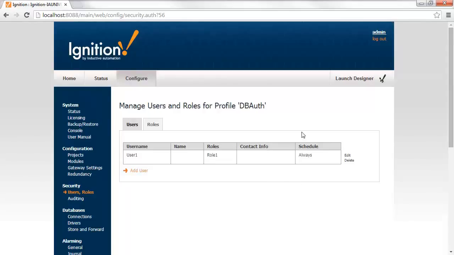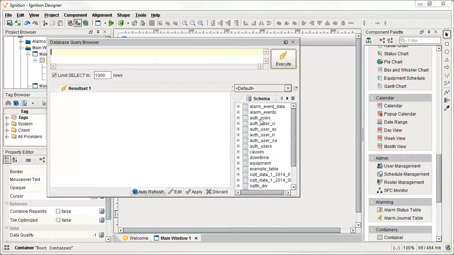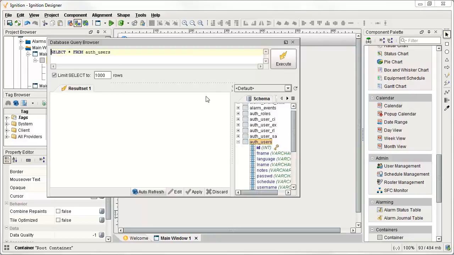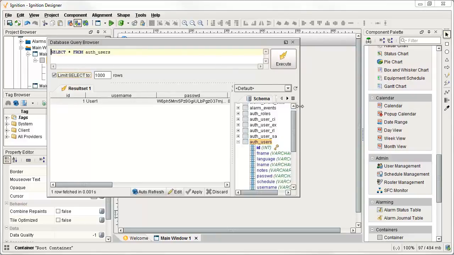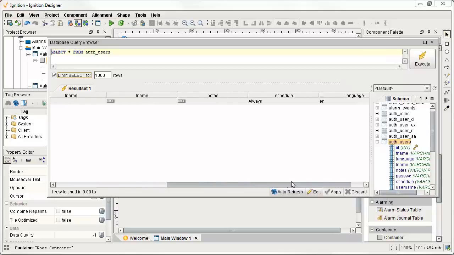So what I'm going to do is I'm going to go into my designer here. But really what I want to do is I want to go into my database query browser inside the designer to go and look at the tables that were created for us. So when I open that guy up, you can see here we have several different tables that start with auth underscore. Right, so if I go to my auth underscore users, I'm just going to double click on it so that it fills in the query for me. Hit execute. Then you can see here we have some information, our username, a hashed password,